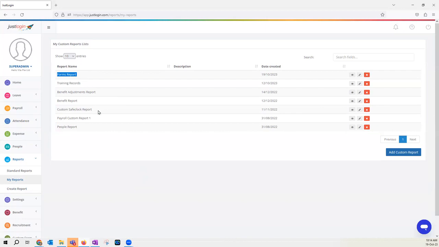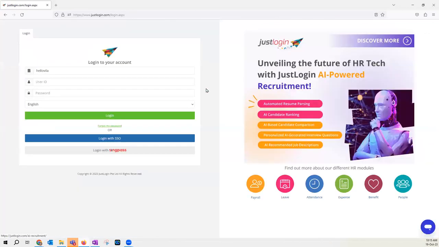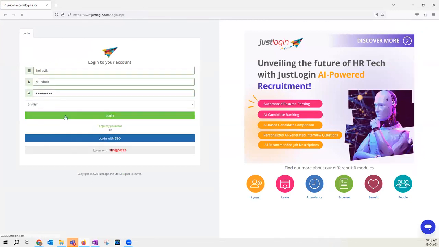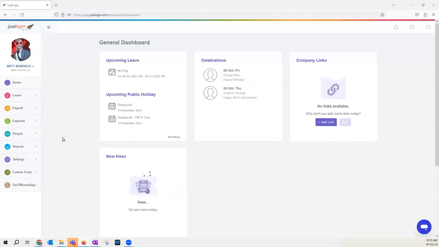So that will be the entire process of how you would create custom forms. Now let's go ahead and see how to submit the forms, or how your employees will be requesting the forms. So I'll just log out as the super admin account and log into my employee's account. Now under my employee's account,